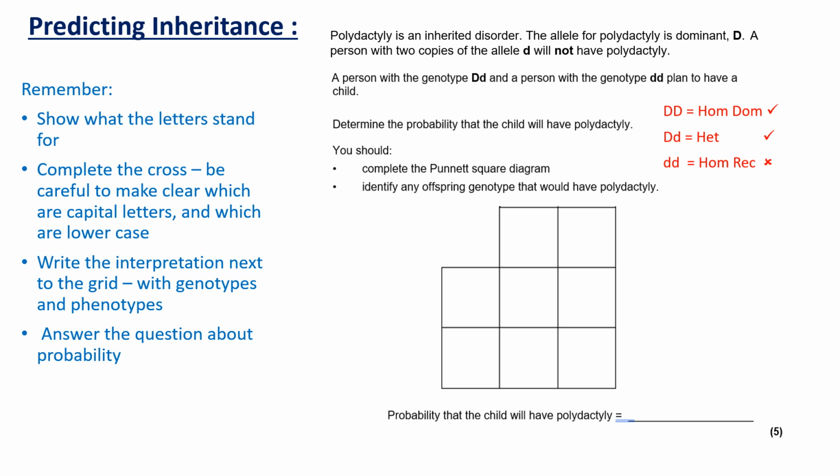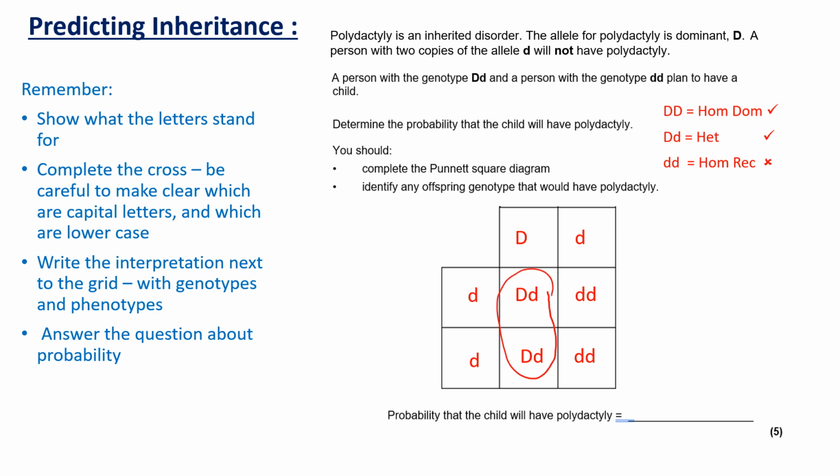Be methodical when you're filling in your Punnett square. First of all, put in the genotypes of one of the parents across the top and then the genotypes of the other parent along the side. This is very similar to plotting coordinates on a graph, and once we've carried out the cross, you can see that we have ended up with